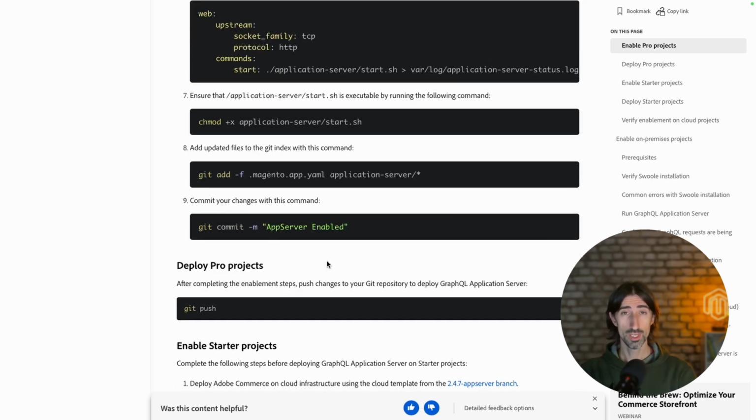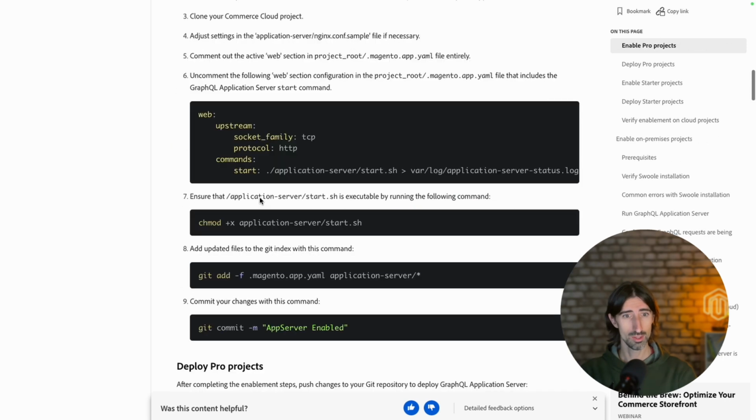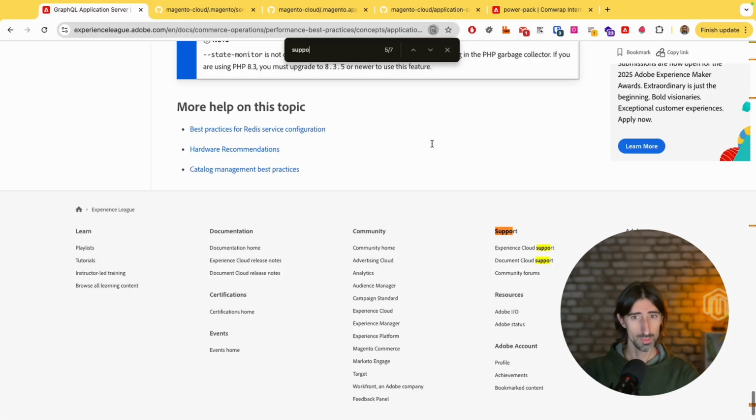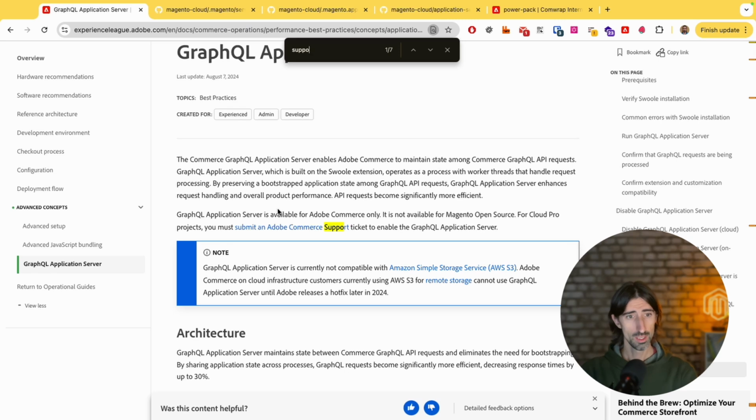And one more very important point is that you have to create a support ticket to activate it. I had a lot of trouble with that because when they first released it, this node was not here. Now it has appeared. I already forget where it was, but somewhere. So here: you must submit an Adobe Commerce support ticket to enable the application server, and you must submit it the same as